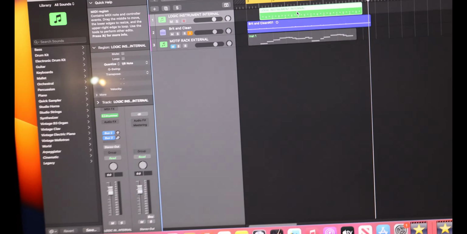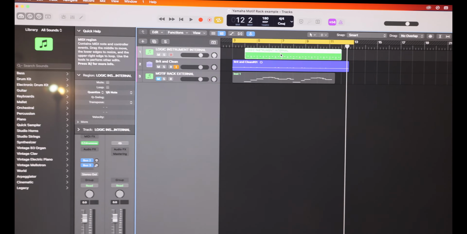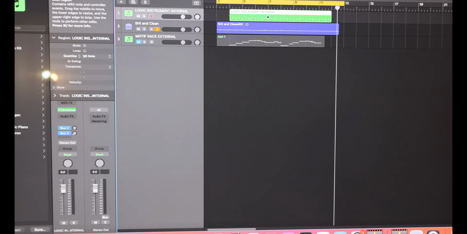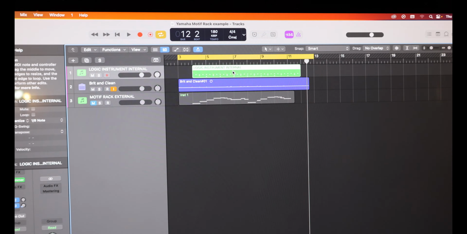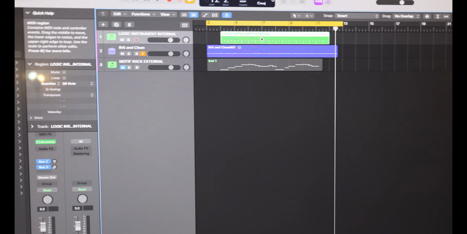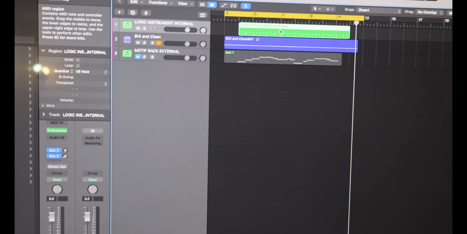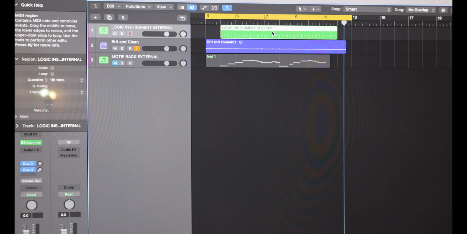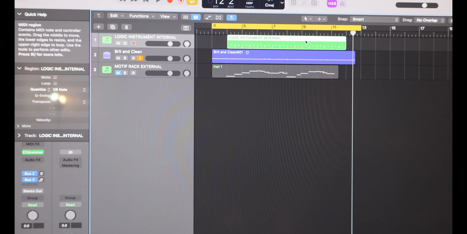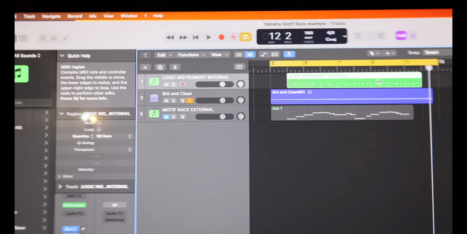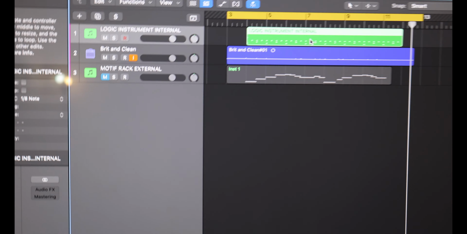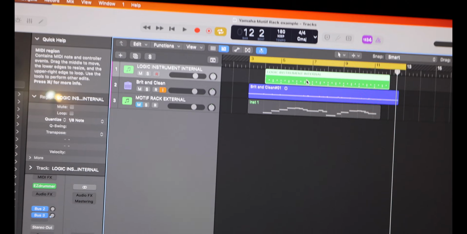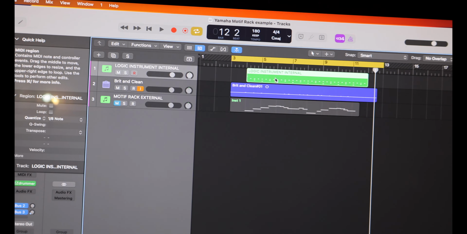This is internal MIDI, and you don't have to bounce it. Sometimes people will bounce their tracks or they'll freeze them. Like this iMac has an i5 processor, so it freezes up once I get around 20 tracks or 15. So then I either freeze tracks or I render them and bounce them down to audio. But once you bounce them to audio, if you don't save them, you can't edit this anymore. So you might want to, if you got a really powerful computer, you can just leave them all internal MIDI. It should be fine. But if it slows down your computer, you either freeze them or bounce them down to